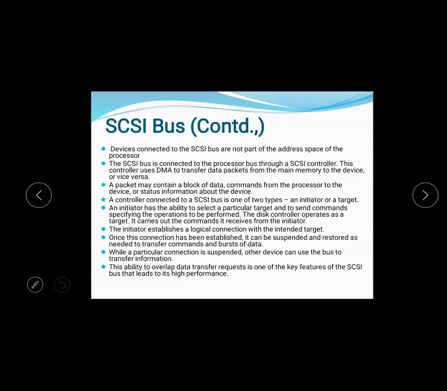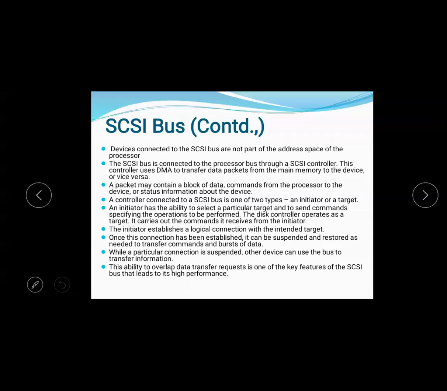Each packet may contain a block of data and also the command, whether it is a read or write operation, and also the status information of the device, whether the device is ready to transmit the data or ready to take the data.